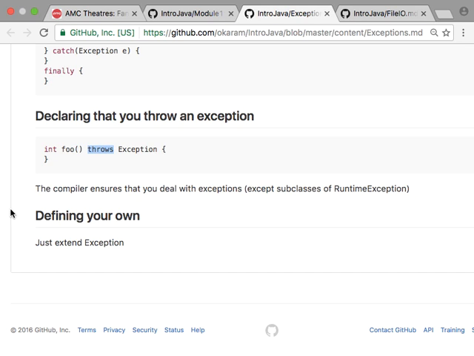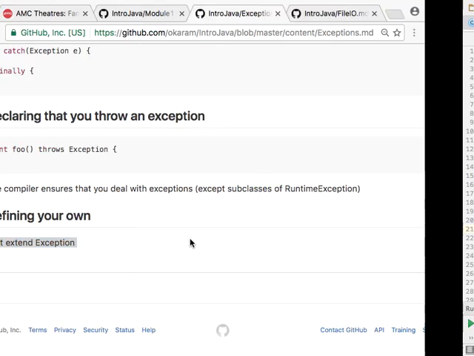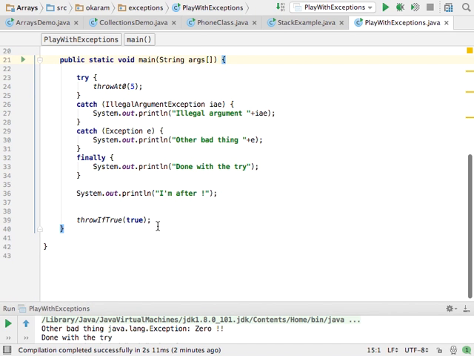How to define your own exception class? Just extend exception. And that's it. It's just a class. No magic. And you could actually do really horrible things like